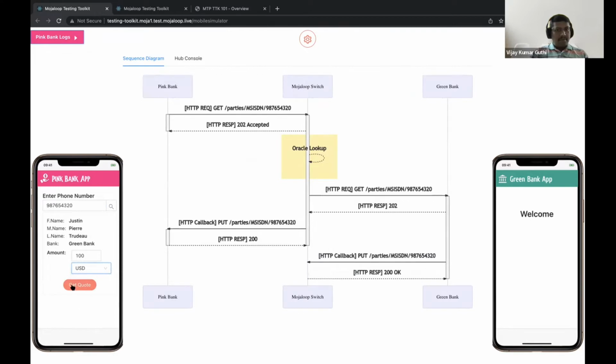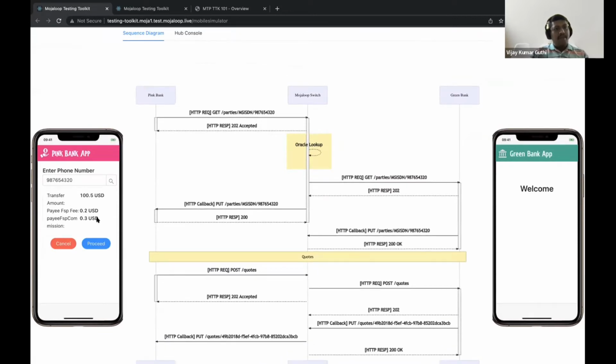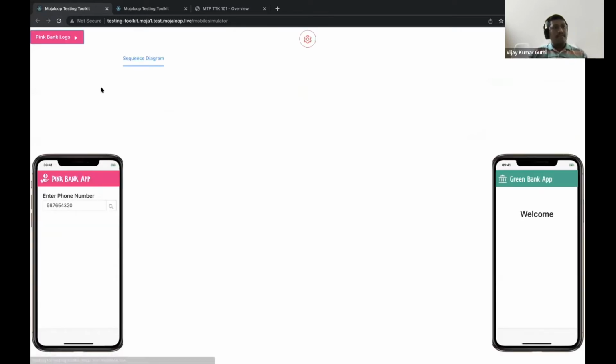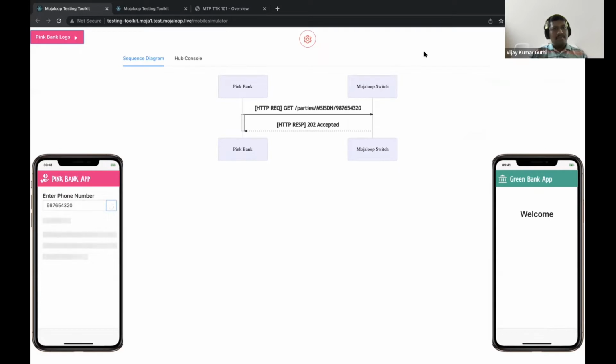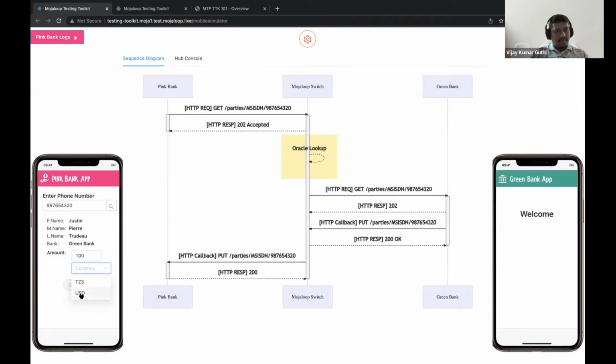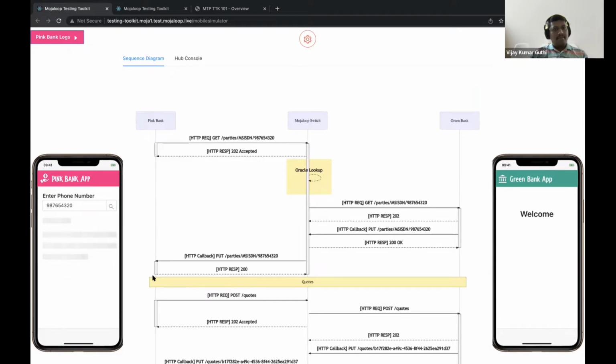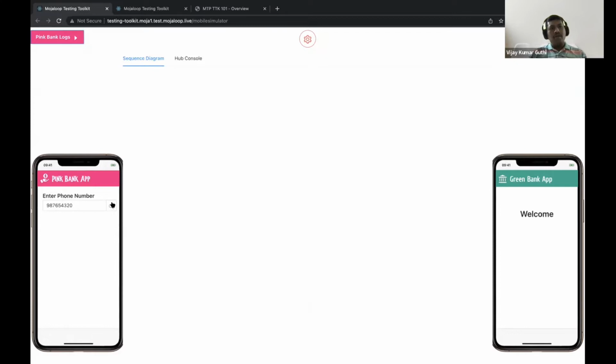Okay, we got party information. Now it's working. So quote, we got fee and commission from the payee. And when we click on proceed, oh, something is seriously wrong with my network connection. Okay, maybe something is wrong with the deployment. So anyway, we can get the